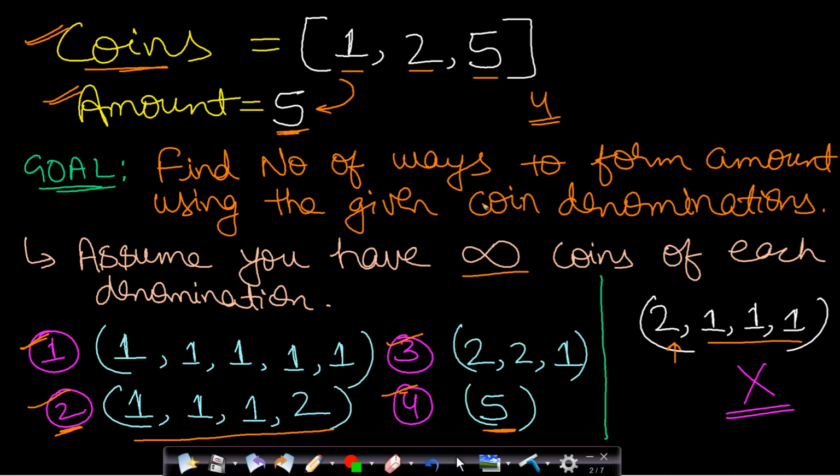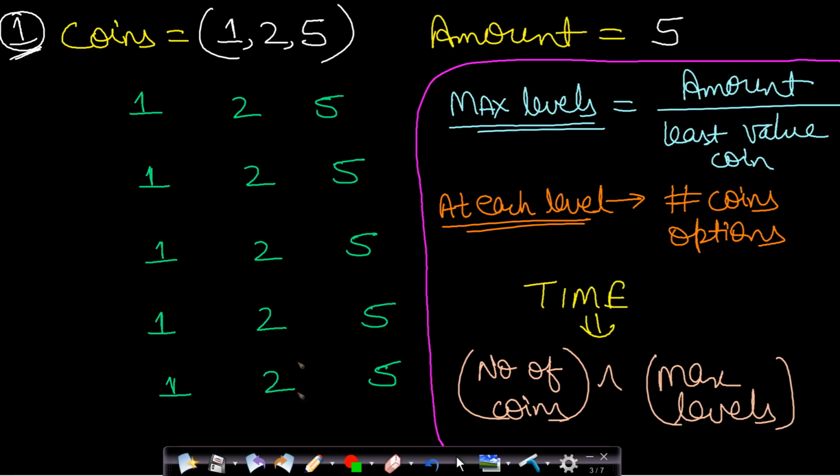Now what is the most intuitive approach to solve this problem? Well, this is a typical recursion type question. So first let us see how to solve it by using recursion. So let us assume that we are given the coin denominations 1, 2 and 5, and we are required to find the amount 5. Now we have 3 coins, so we will assume only this first row where we have coins 1, 2 and 5. Okay, and now since we have 3 coins, so what will we do?